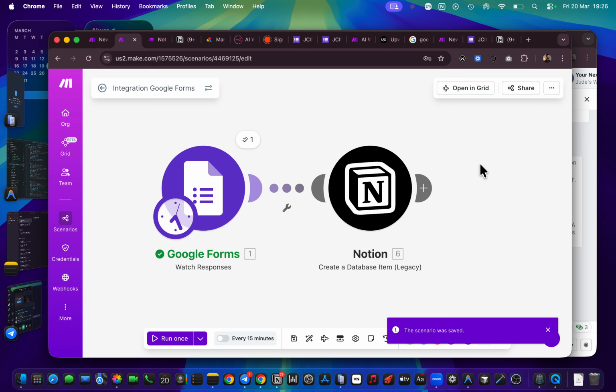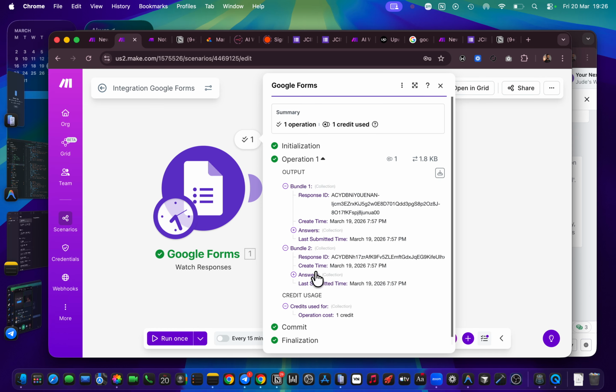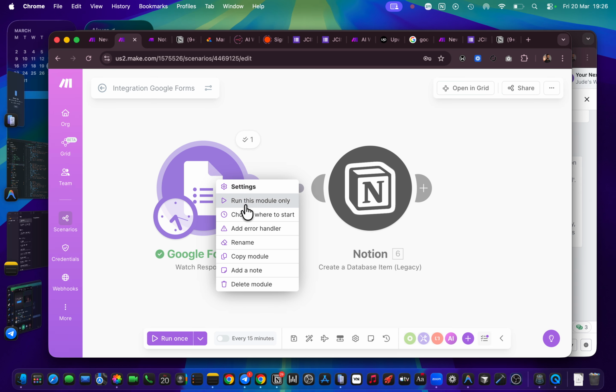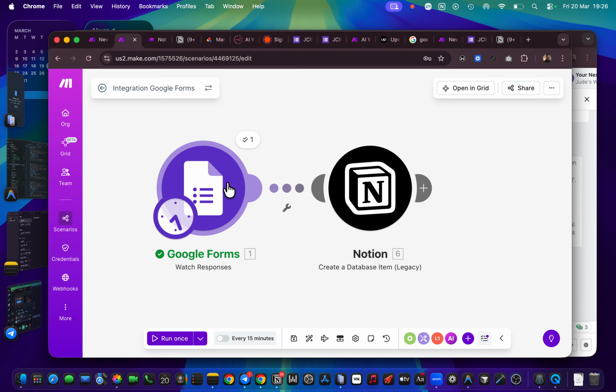So what do we do now? We test run the whole thing. It has worked. So remember that before we've been able to get 2 out of 15. We ran it the first time. Out of 15 responses, we've gotten 2. So this time around, we're not running by right clicking and choosing run this module alone. We're not doing that again. We want to test run the whole workflow, the whole scenario. We want to see if everything is mapping, everything we've done is working together.